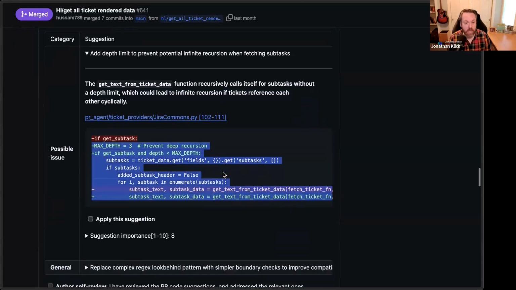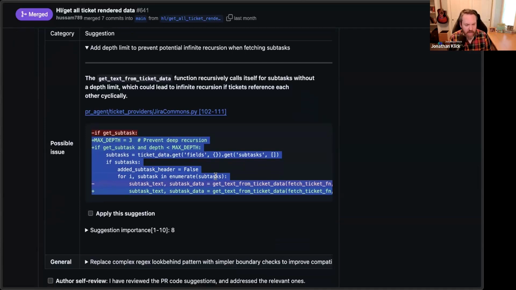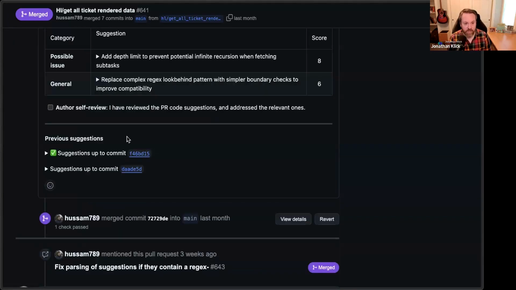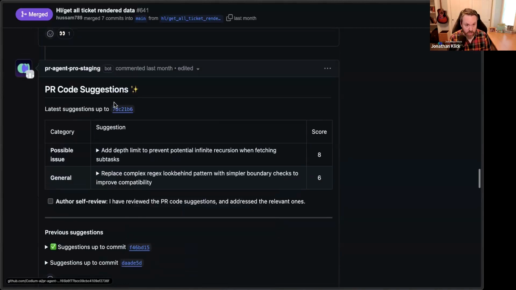In many cases, I think particularly GitHub, I can't remember if other ones do this, support this as well. You can actually check a box to just commit the code right then and there, or you could take these suggestions back to your IDE and commit that code. And then lastly, as you go ahead and make these commits, you'll notice that there's suggestions from previous commit numbers. This is just the suggestions from the latest commit.